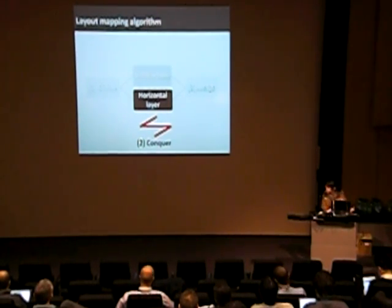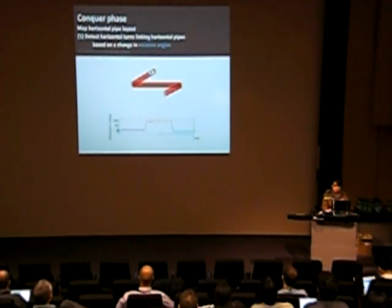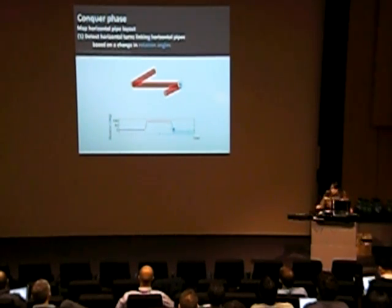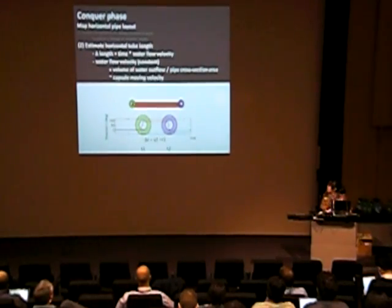To map horizontal layers, we'll first detect turns on it and estimate their tube length. To detect the turns, we'll use the rotation angle readings given from the gyroscope. For example, as PipeProbe travels on the horizontal plane, if it makes a 90-degree left turn, the rotation angle will give a positive 90-degree change. As it makes a 90-degree right turn, the rotation angle will give a negative 90-degree change. Therefore, by examining the rotation angle graph, we can detect turns on the horizontal planes. After detecting the turns, we have the starting and ending